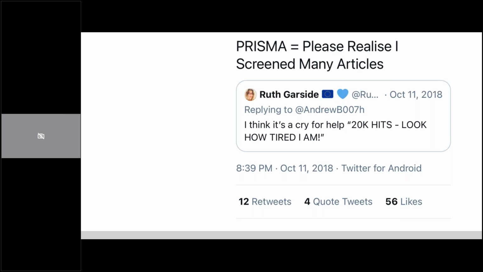So what does PRISMA mean and where did PRISMA come about? I always like this particular tweet from Andrew Booth, which arose in part of a Twitter discussion pointing out that when systematic review authors tweet their systematic review, the image they choose to tweet often tends to be the flow diagram, rather than the arguably more important image, which would be, say, a forest plot of the primary outcome. And